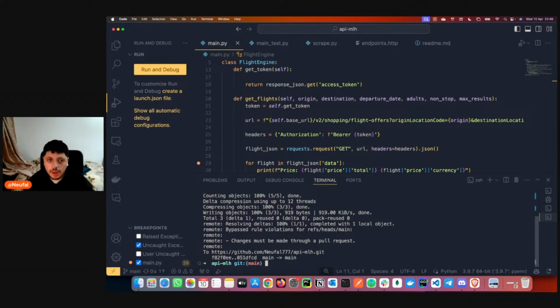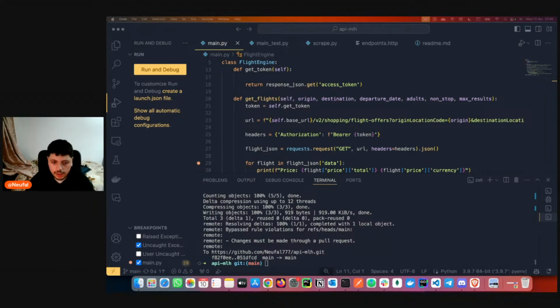I will send the repo, don't worry. Let me see on github.com, the API. Okay, there you go.